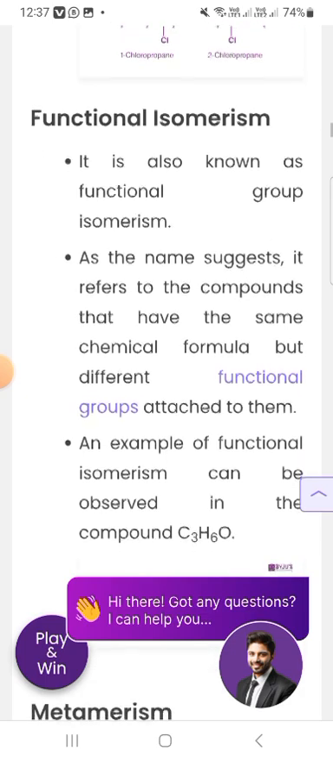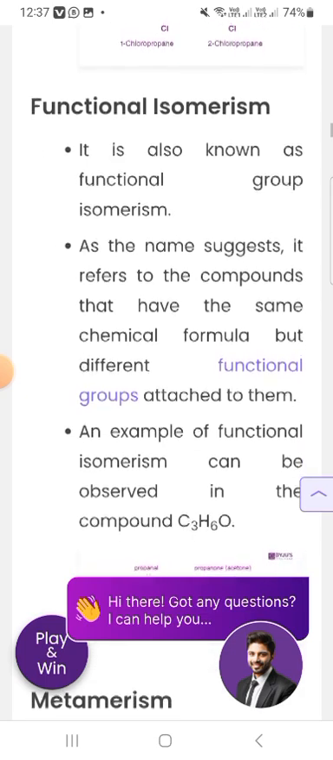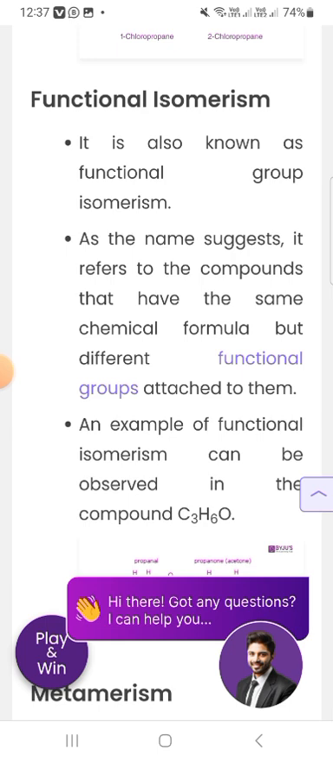Functional isomerism is also known as functional group isomerism, and as the name suggests, it refers to compounds that have the same chemical formula but different functional groups attached to them. Functional isomerism can be observed in compounds